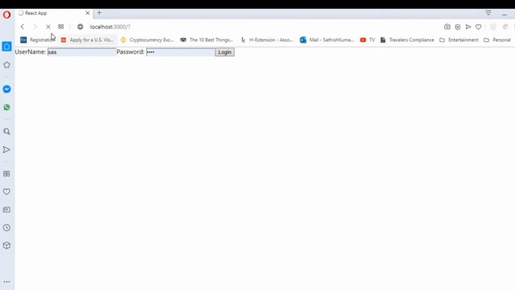Right now, in order to avoid it, what I will be doing is passing an event. Event is nothing but a default inbuilt parameter that is present while handling a submit, on click, or on change. So in this, I have to do event.preventDefault. By doing event.preventDefault, which is also an inbuilt method, it will prevent your browser from getting refreshed. We have created a form element, and inside the form element we have the username